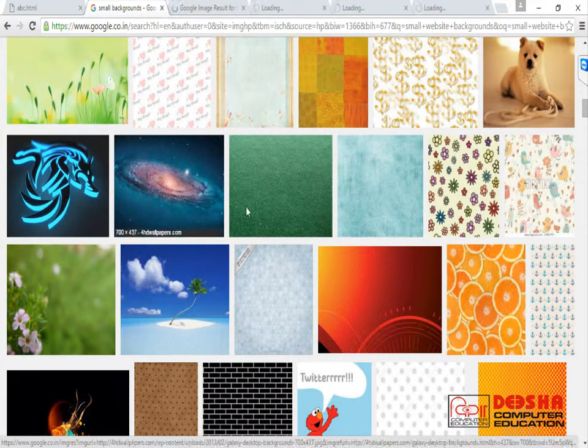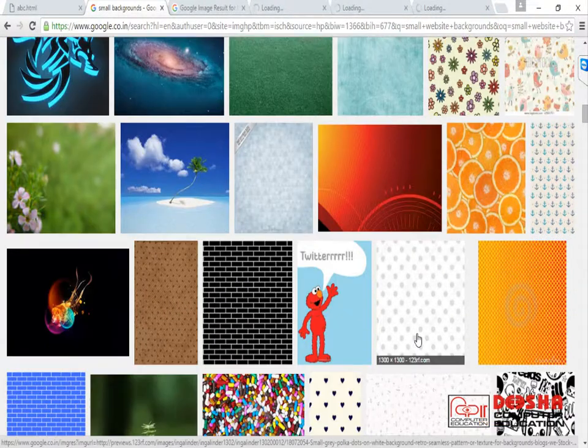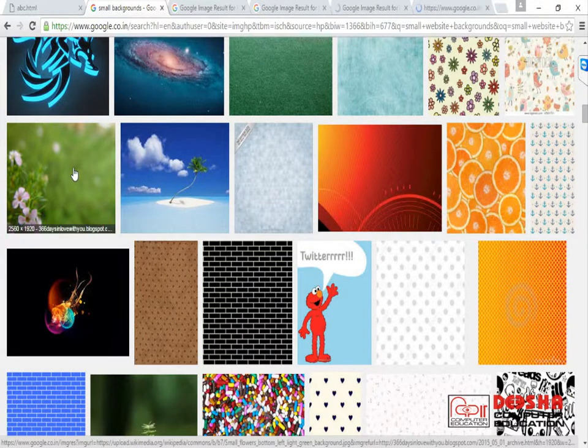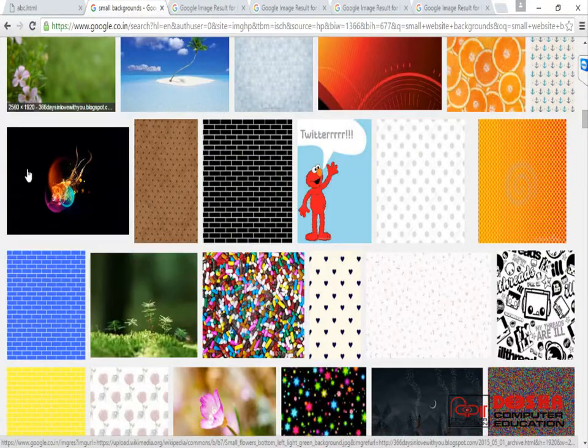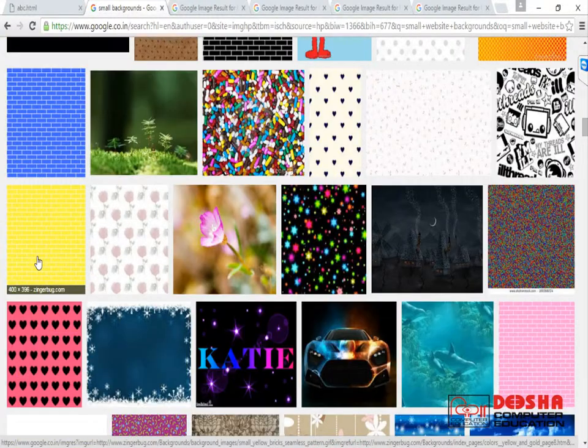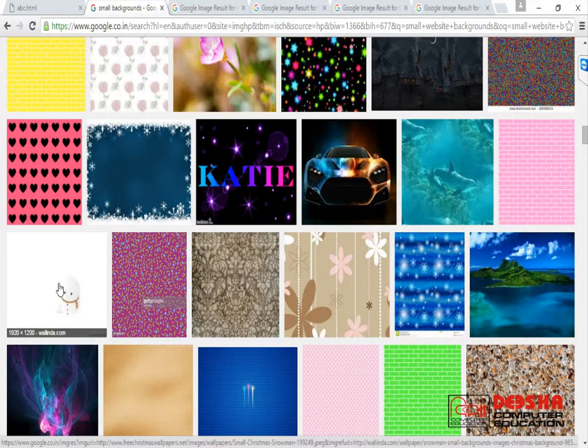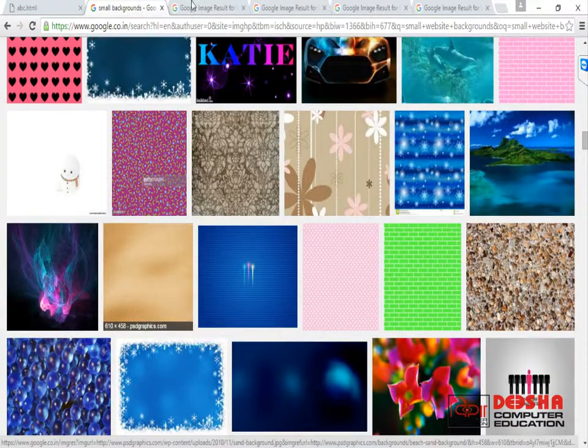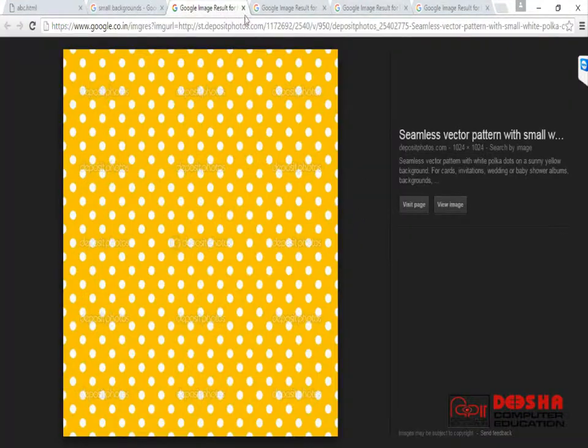The dimension of the file is also important. If I move the mouse pointer on it, I can see the dimensions. So I'm choosing a specific type of files. Here you can see the dimension is 2580 by 1920. That means it will be out of screen. We cannot use such kind of images having larger dimensions. Enough, actually I have got some images.